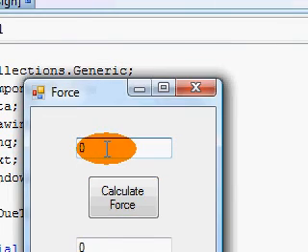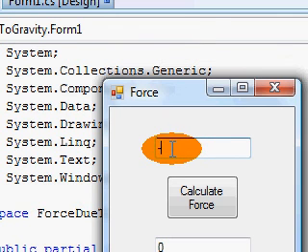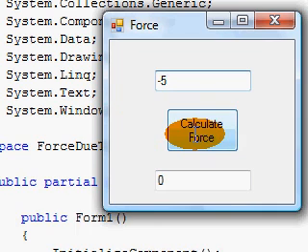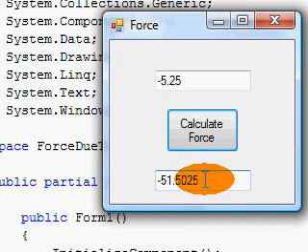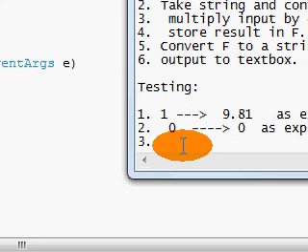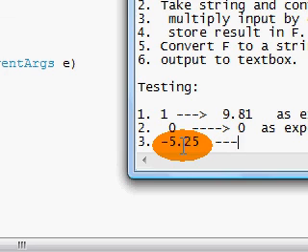And we can't really have a negative mass, but if we put in a negative mass, our program does give us something. So in your testing report, you do want to say that